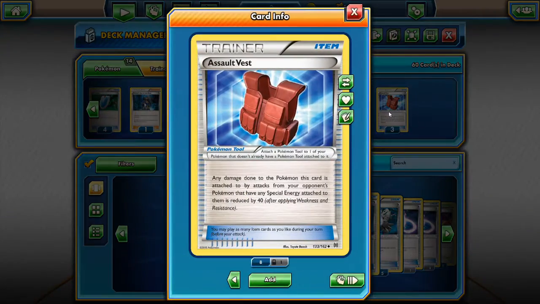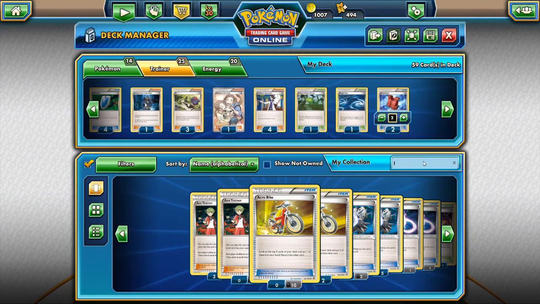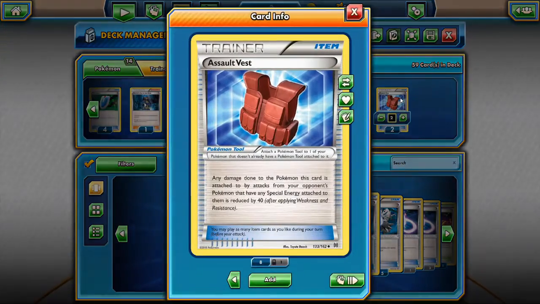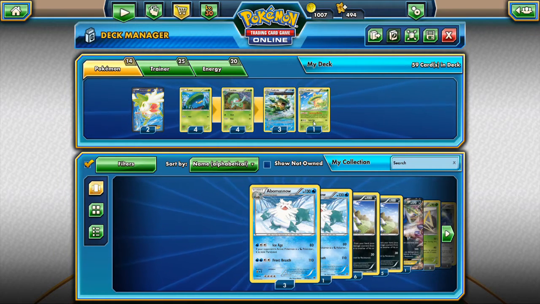And do we want Assault Vest? I'm going to decrease the count of the Assault Vest to 2 right now. We have some other tools we could put in, so we'll have to see how low we go with the Assault Vest. For now, I'm going to go back to the Pokemon and see if we can